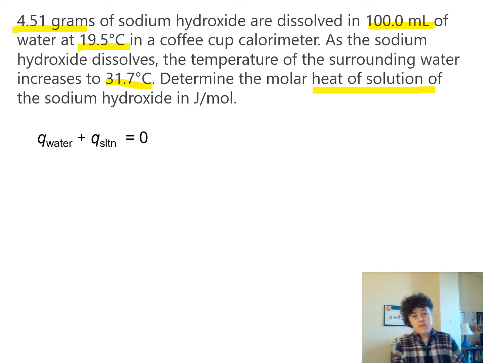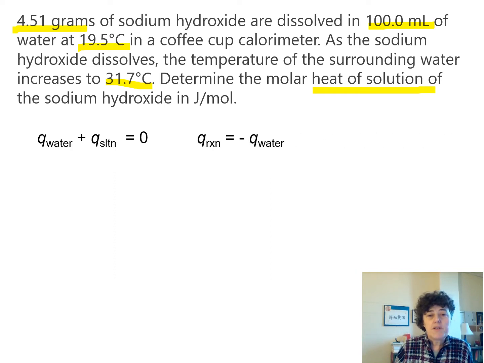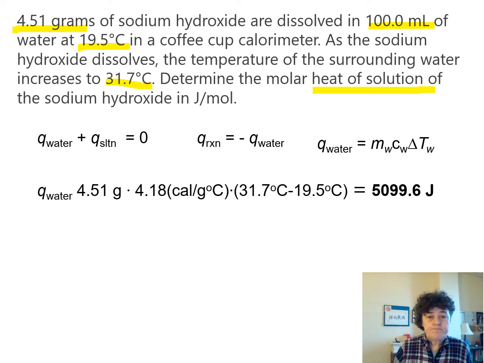So the starting point is the fact that the calorimeter is an isolated system. So the heat of solution plus the heat absorbed by the water is going to be zero. Therefore, we can calculate the heat of solution as equal to the heat absorbed by the water with a minus sign. The heat absorbed by the water can be calculated with the calorimeter equation. So we have 100 grams of water,